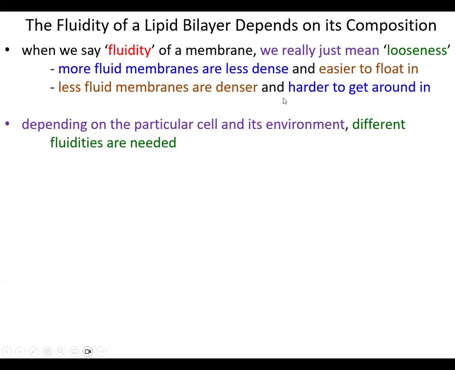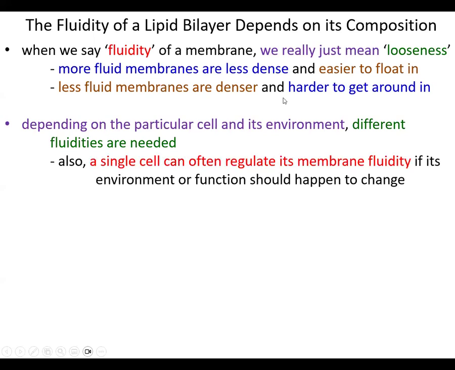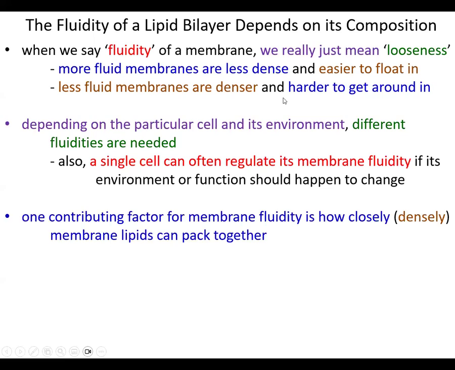Depending on the particular cell and the environment that it's existing in, different fluidities are ideal. Some cells require a denser membrane, and other cells are optimized to have a more fluid membrane. And also, single cells, usually prokaryotes, can often regulate their membrane fluidity. If it's in an environment that requires more protection, it can intentionally make its membrane more dense. And if it's in an environment where it wants to maybe absorb nutrients more readily, it can make its membrane more fluid. One contributing factor for membrane fluidity is, of course, absolute density, how closely membrane lipids can pack together